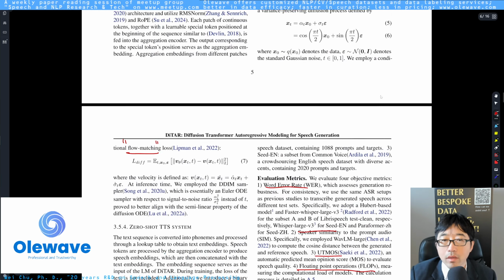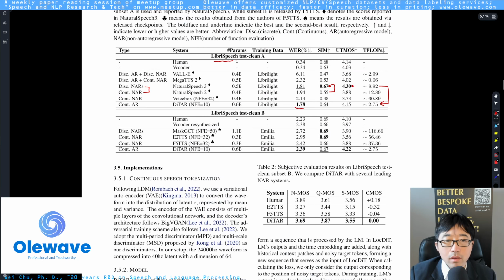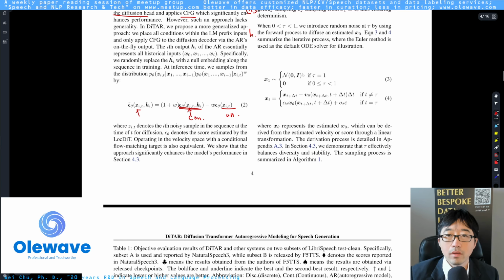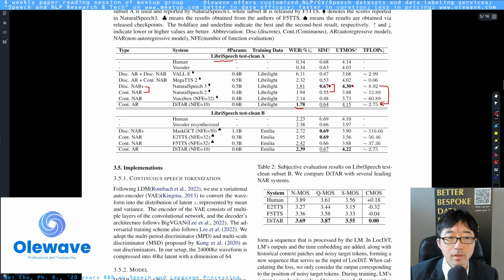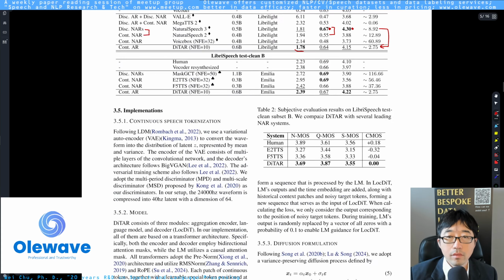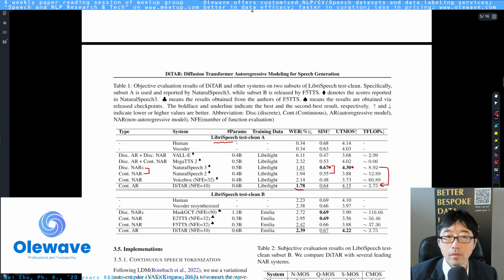Where do they mention their Table 1 result? Let me see if I can search that. Oh, this one doesn't allow me to search Table 1. Okay, just a subset of